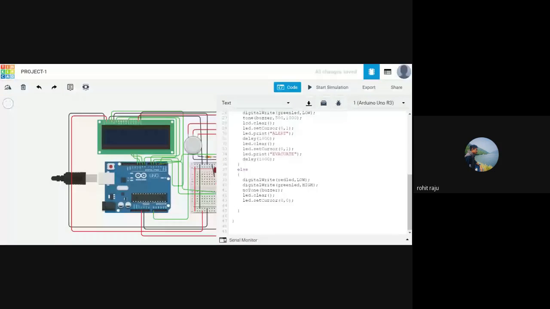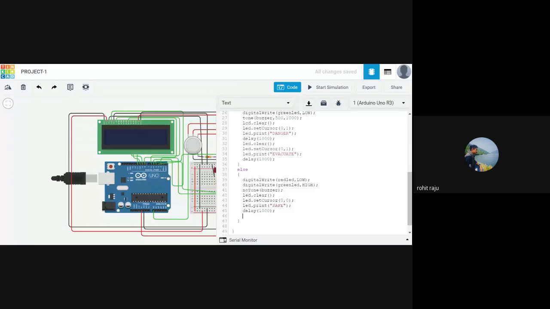Yeah, LCD dot print safe, done. And then again we need to give a delay. I want to display another message. You can leave it right here, but let's display another message. You can put this danger. You can evacuate, or you can write please leave. This is safe. And again, you can clear this again actually.